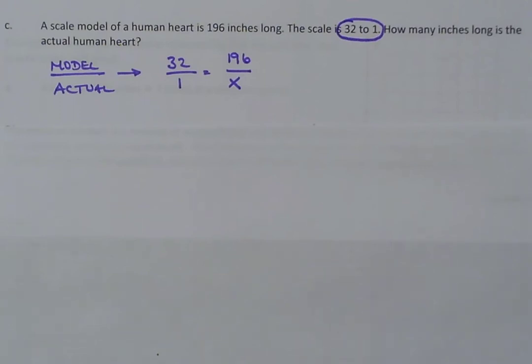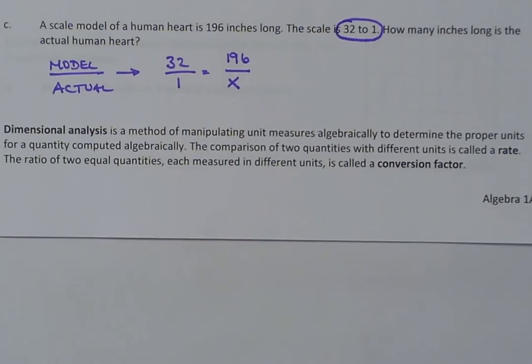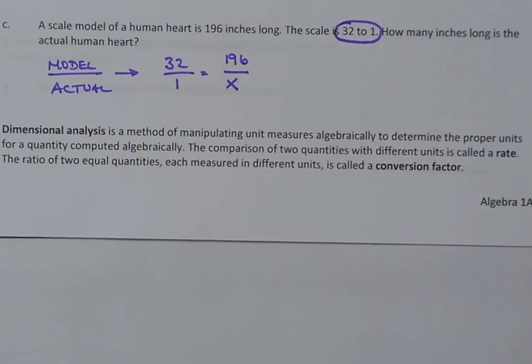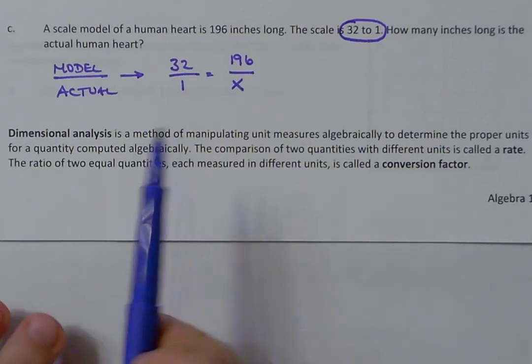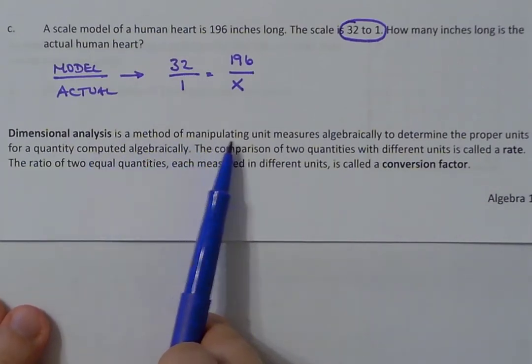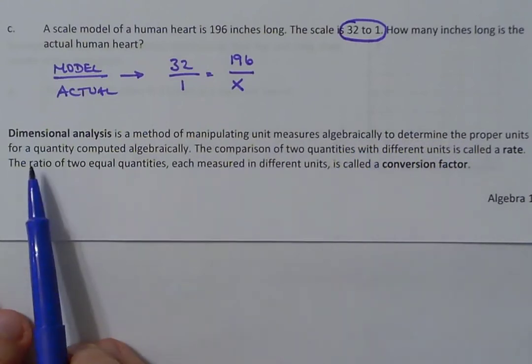All right, so I will leave that part for you to go through and solve. Now, before we move on to the next page, there is a part down here that talks about dimensional analysis. So I want to go through and talk about what dimensional analysis is before we jump into the stuff on the back. Dimensional analysis is a method of manipulating unit measures algebraically to determine proper units for a quantity